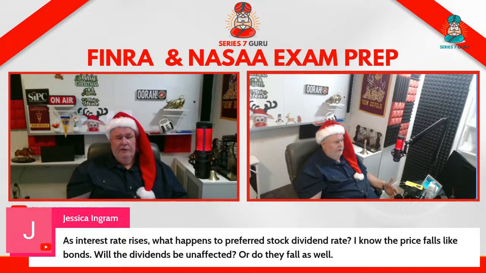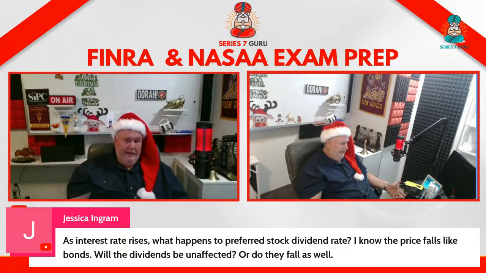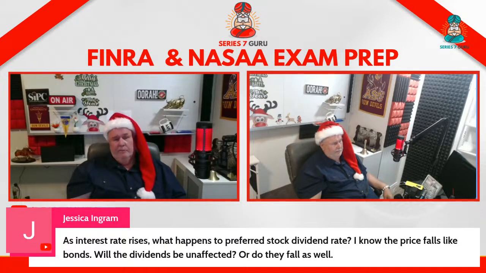It's just, if you're getting 6% and brand new preferreds pay 9%, your 6% preferred is worth less. It's still paying 6%, just like the coupon on a bond. The coupon on the bond doesn't change. So the income stream from the fixed income investment vehicle does not fluctuate with interest rates. The price does. And the price, remember, goes up or down, because if I have a 6% bond and brand new ones pay 8%, my 6% bond isn't as valuable. People will buy it from me, but at a discount.